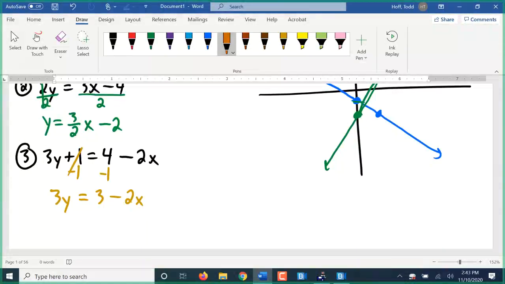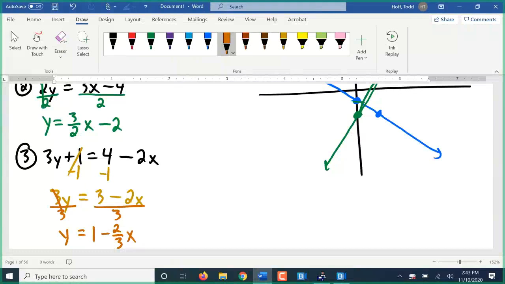I have to get rid of the 3 yet. It's multiplying y, so I'm going to divide by it. Remember, when we divide, we divide every digit on the other side by 3. So 3 divided by 3 is just 1. Negative 2x divided by 3. Well, negative 2 divided by 3 is negative 2 over 3, or negative 2/3